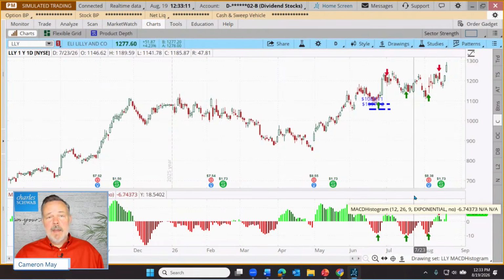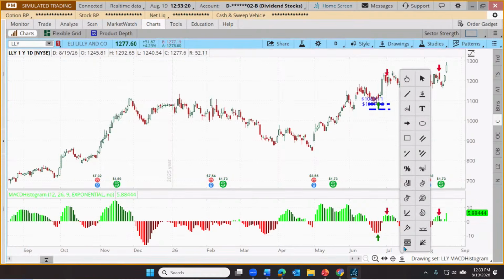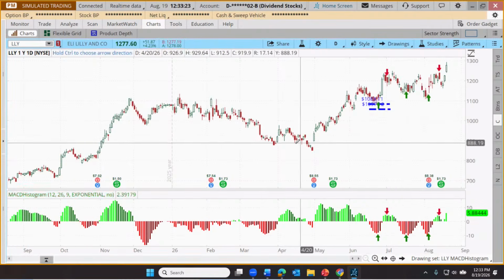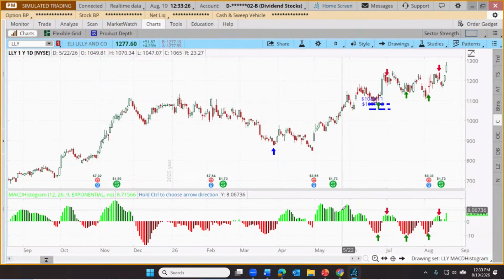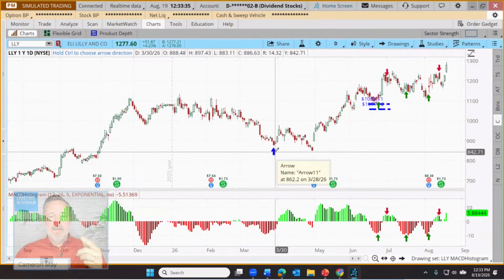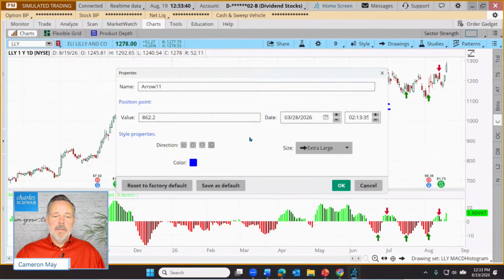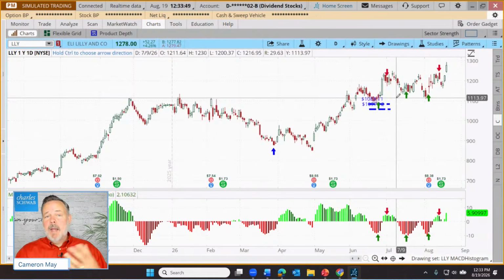Bogus Chinchilla says, and I'm glad you asked because I knew it would come up and I need to address it, where are you getting the red and green arrows? So all I did was I used our little arrow drawing tool here. It's right there. Clicked, that creates an arrow. It might be a little black arrow by default, but you can change the color and the orientation: up, down, left, right. You can just right click on any arrow we've drawn and edit its properties. So we can change the direction or we can change the color. That's what I did. Change direction and color just to make it easier for my audience to see these trade signals that I'm talking about.